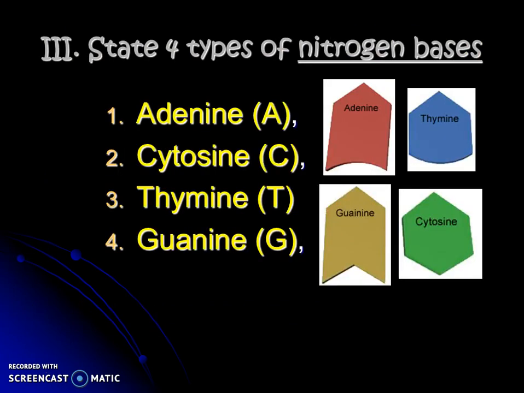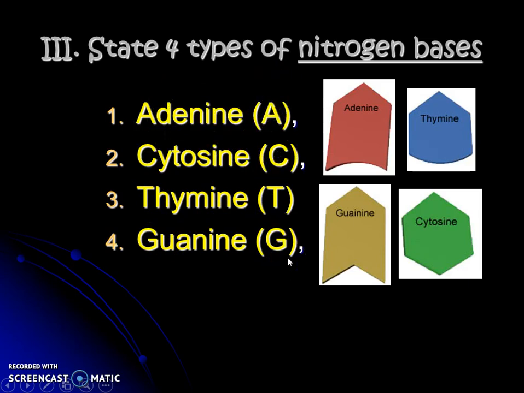Those nitrogen bases have four major types. So even though there are those three parts, there are four types of nitrogen bases that can be in a nucleotide: adenine, which we'll call A, cytosine, which we'll call C, thymine, which we'll call T, and guanine, which we'll call G. You do need to know what the base's big word is, but normally we're going to call them by